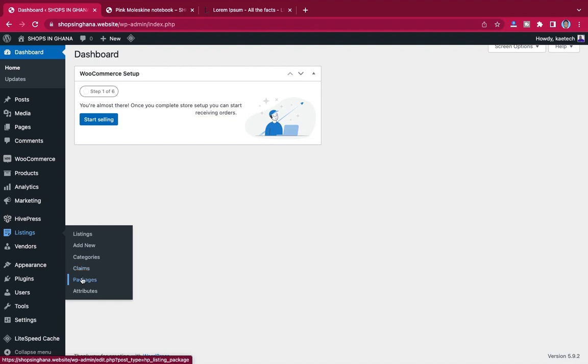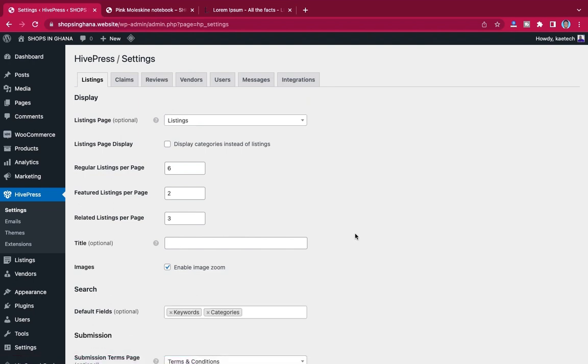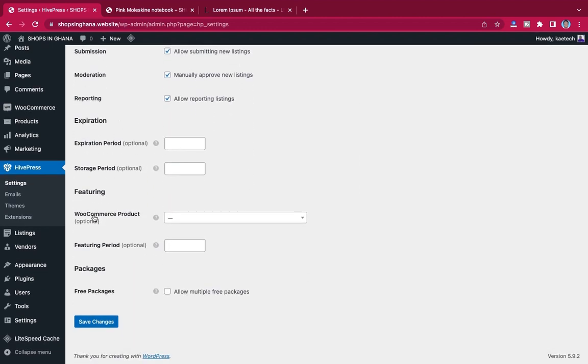So now if you go over here and check the settings again, we see that more settings have been added to it. As you can see, there are claims, there are reviews. You can do claim settings, review settings, message settings. All those different things have been added. As you can see, we also have the WooCommerce that we installed. We can create a product for featuring. So when somebody wants to feature